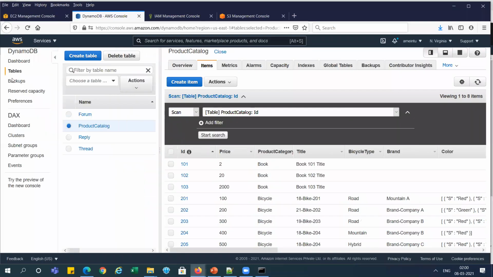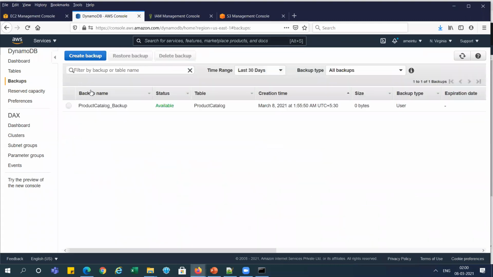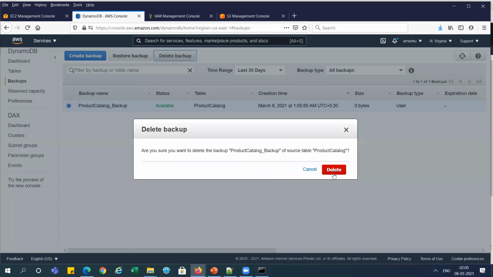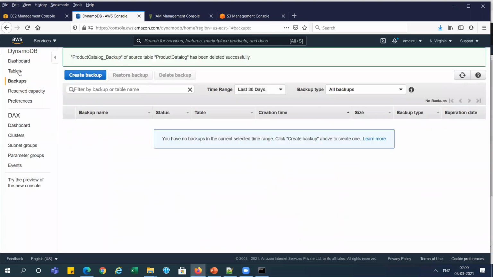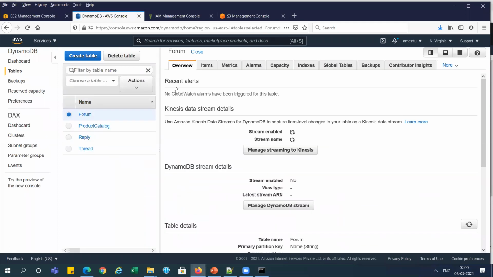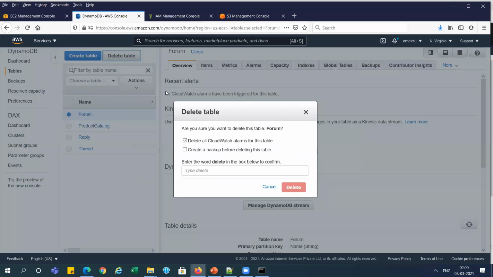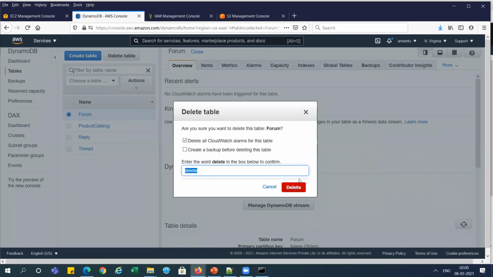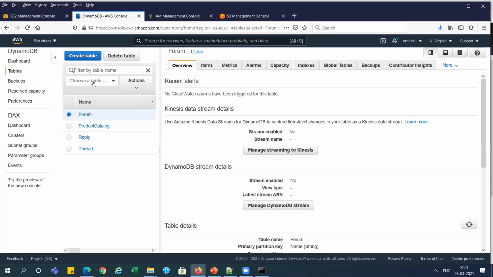So first we need the deletion process. Go to the backup and select. I'm deleting the backup first, right? Delete it. And tables, we have 4 tables. So we will go one by one and delete them. Delete, right?